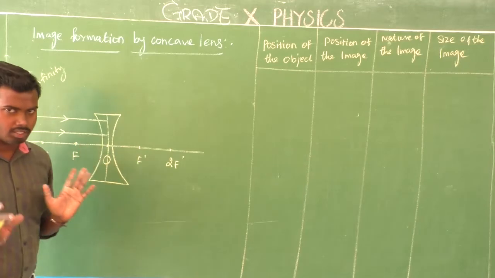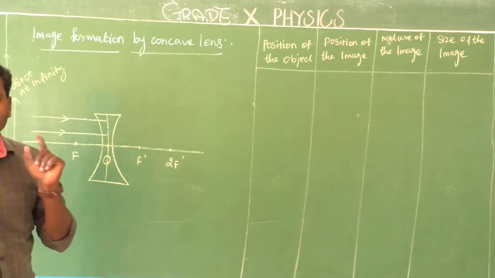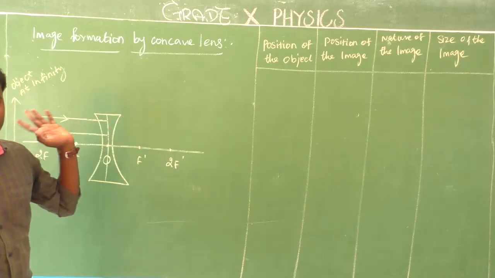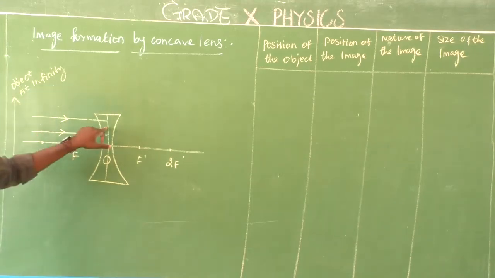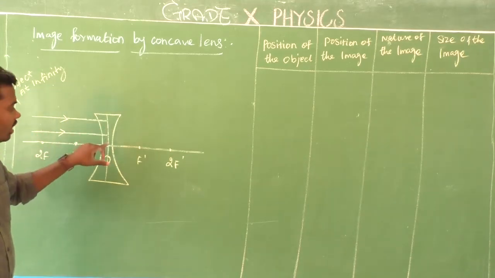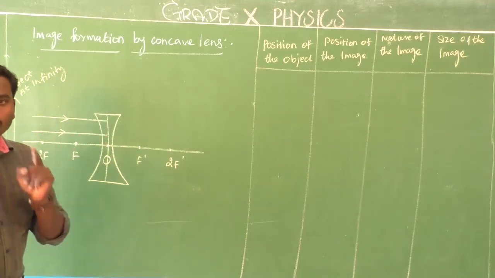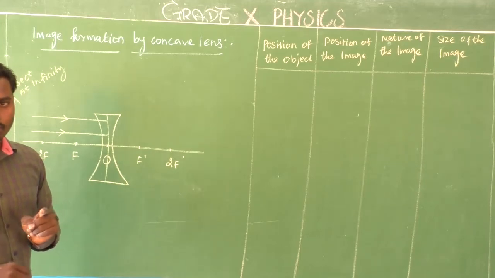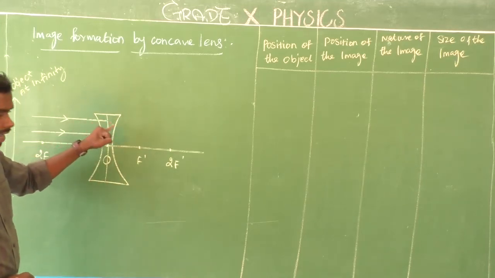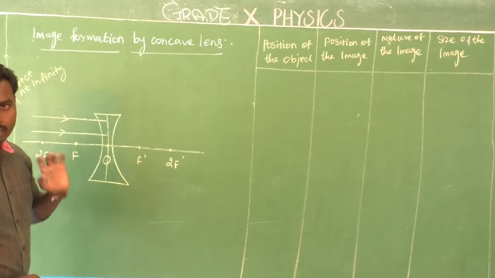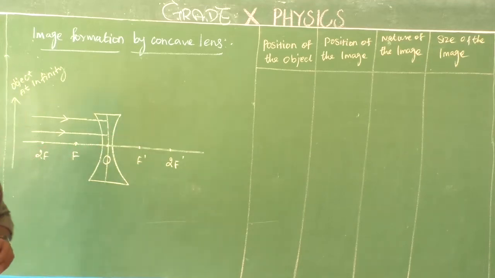What is the concept? Yes, very simple, because the thickness is very less, in the order of 10 to the power minus 3. Is it clear? Yes. So here the two refracted rays fall inside the concave lens. What is the next move? They have to enter into another medium, because here light goes from air medium to glass medium, and again from glass medium into another medium. Is it clear? Yes, very simple.